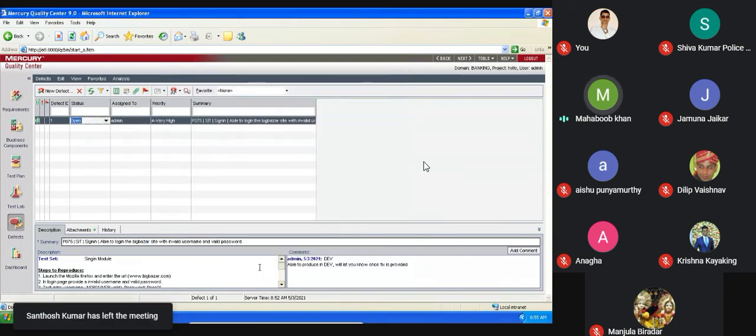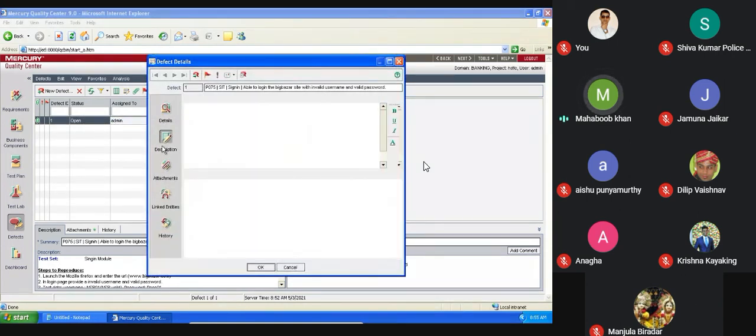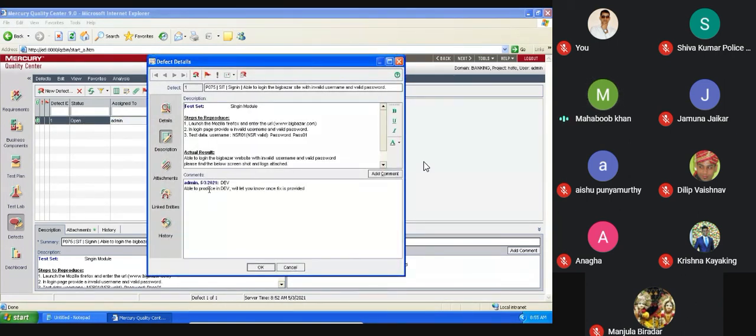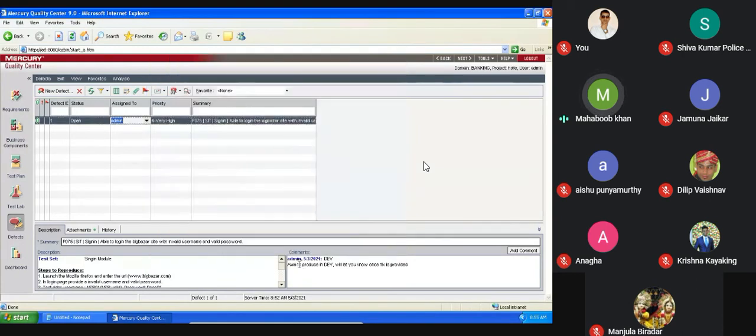A mail will go to the tester again, and the tester will see this: yes, able to reproduce in dev, that means he is working. I will go and check that the status is now open. Now I will wait until the status has been changed to fixed. After a while, once the developer has fixed this and it is given to production by the DevOps person,